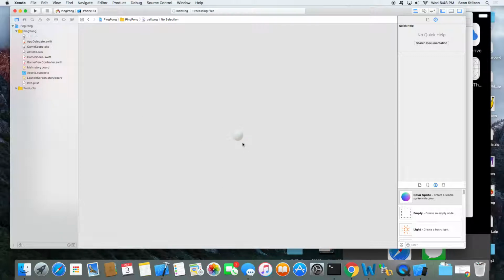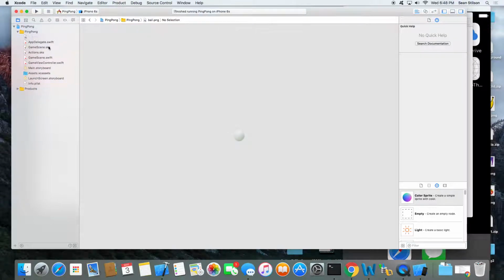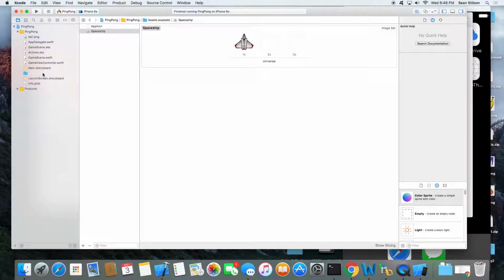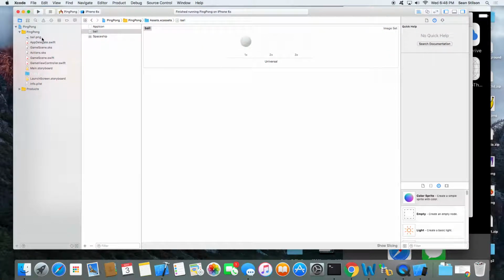There it is, so you should be able to see a preview of it. Once it's in the project, the next thing you want to do is click on the assets folder and just leave that like that. And then without selecting it, click and drag the ball into the assets folder. So does it need to be underneath the ping pong? It's better to have it there, just so that it's part of the project. So if something happens to the assets folder or whatever, you can still reference it normally.